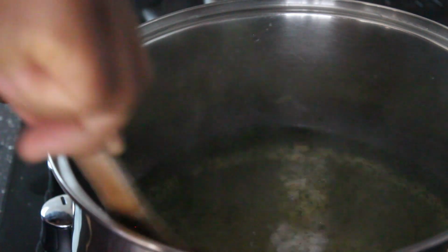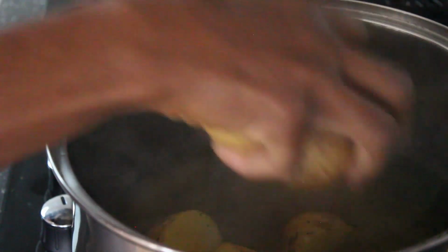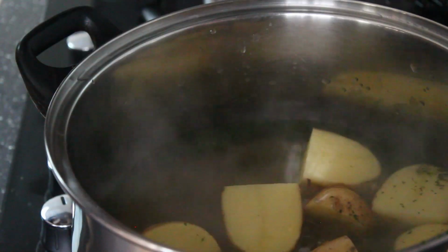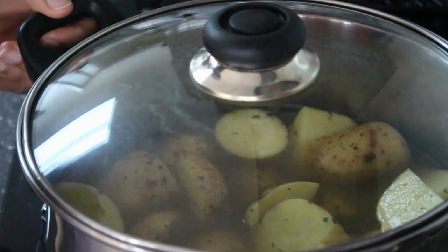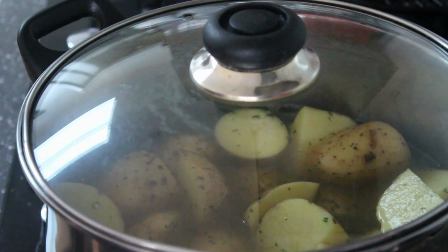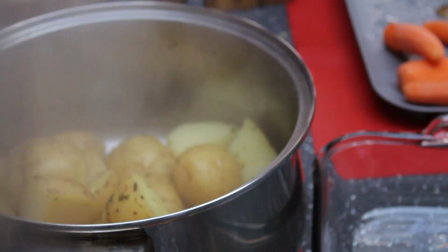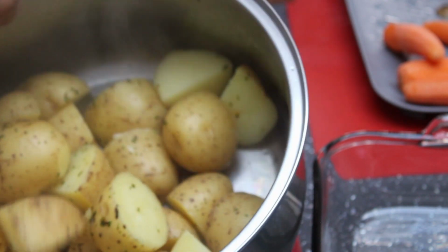I didn't add much water because I don't need the potato to be covered in water, so just enough to be able to steam it. Like I said, I'm not cooking it soft, I'm just parboiling it, so it's still going to be hard. The idea is to kickstart the cooking from the inside, so it takes less time to roast in the oven. So I'm parboiling this for about 5 to 7 minutes. After 7 minutes, I drained off the water